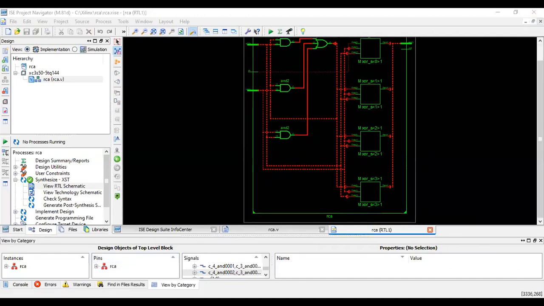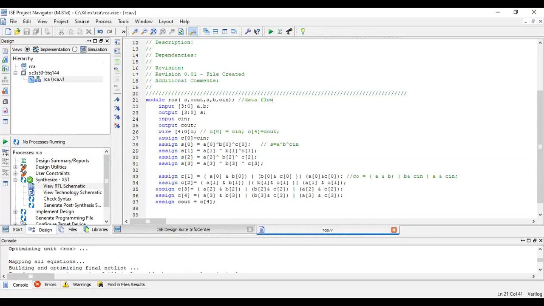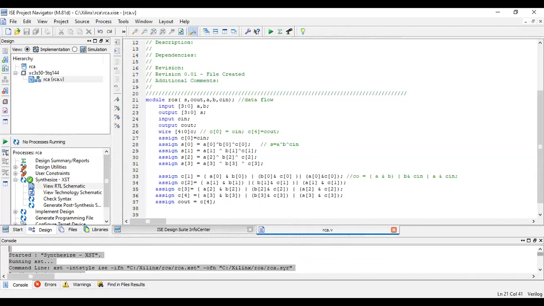The synthesis is done. We'll close this. See, there is something known as summary over here. If I come to the console window, let me just drag it for you.